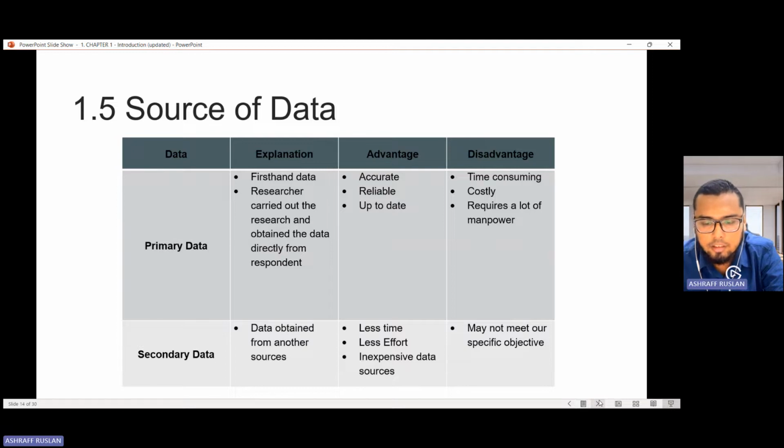Tetapi kekurangannya adalah walaupun dia mudah, less effort, murah, tapi sometimes it may not meet our specific objective. So perkara-perkara ni kita akan jumpa semasa kita buat group project later on. So there will be another briefing about our group project. Okay, don't worry.